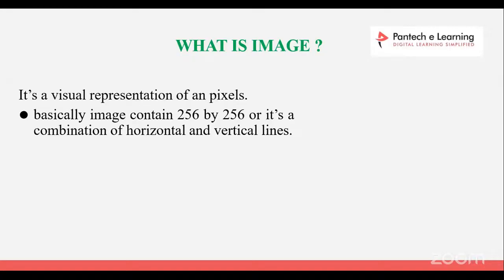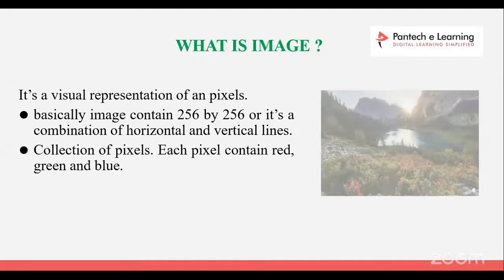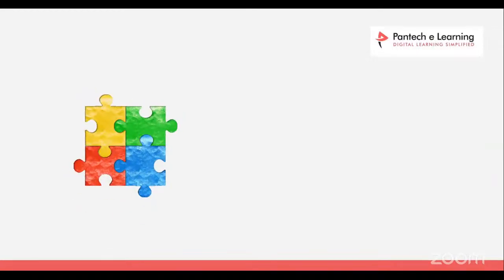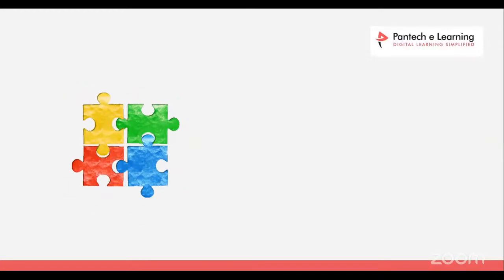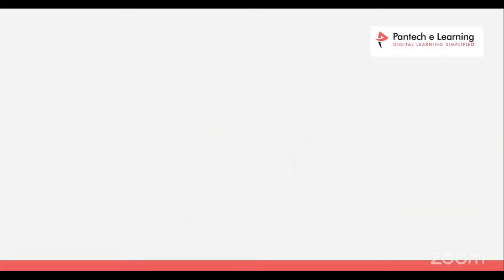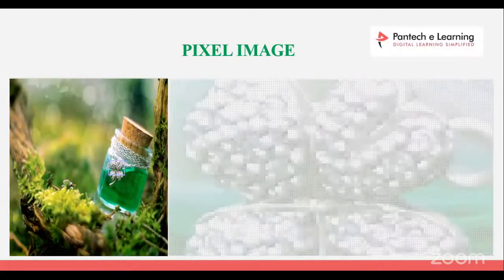Maximum image size 250 by 250, the highest size is 500 by 500; we need to mention it. It comes under images. An image is a collection of visual representation. Now, how does an image convert into pixels? Like this. If this is a pixel, we convert it into an image. Normally, when you see an image, these are images. If you look at the pixel view, this is a pixel.